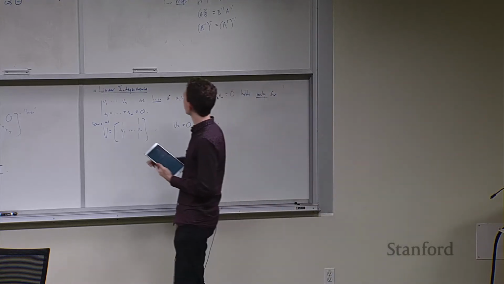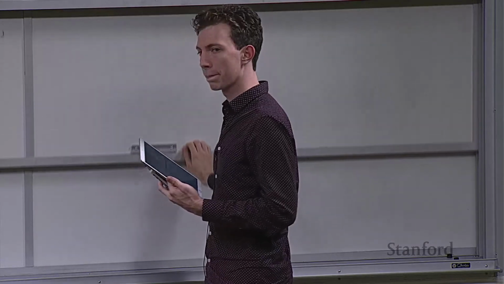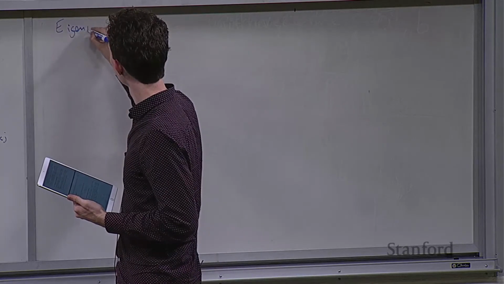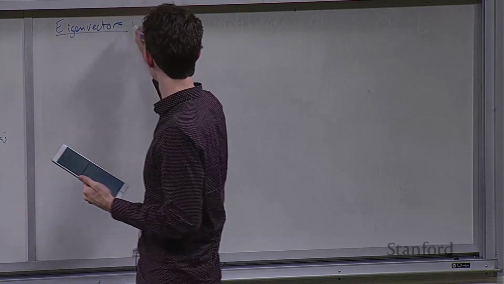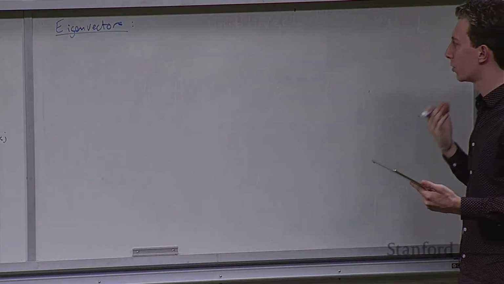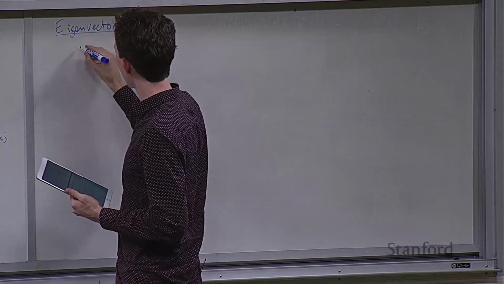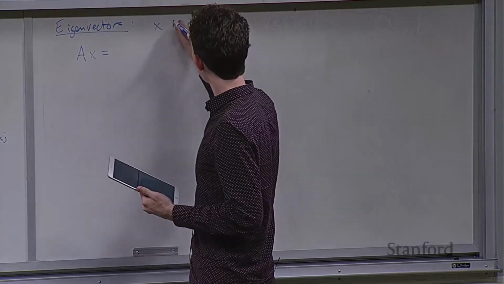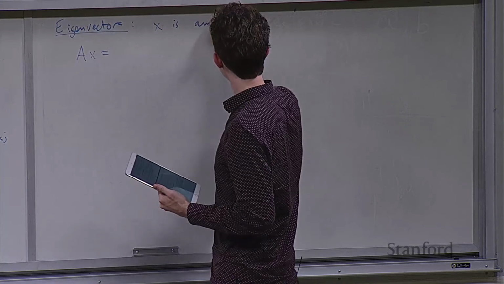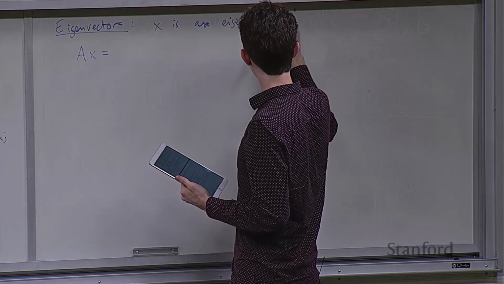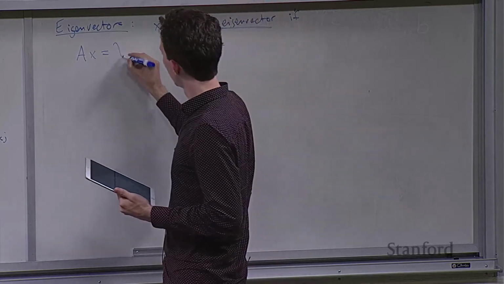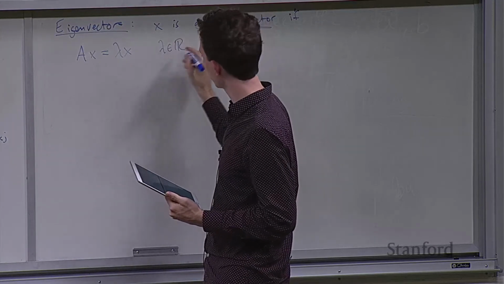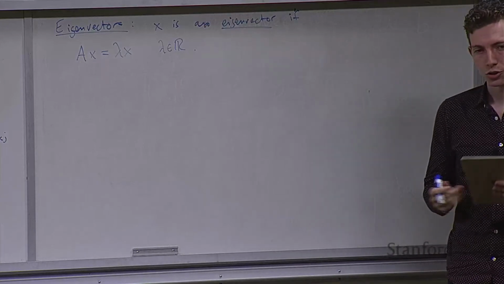Okay, so last thing is going to be eigenvectors. Okay, so what's an eigenvector? Let's say I have a matrix A, then I have a vector x. x is an eigenvector if the following property holds of this product. If for some scalar number lambda, that's what this means, A times x is just a scaling of